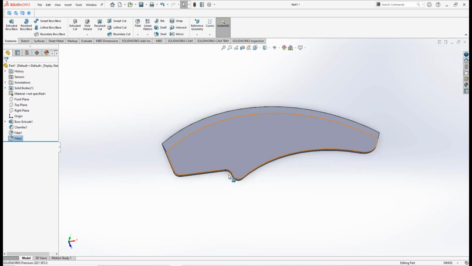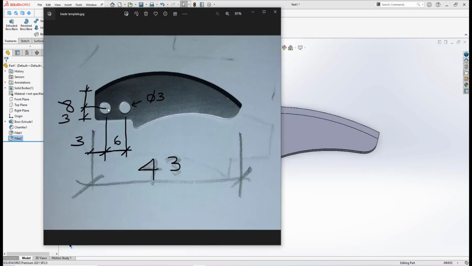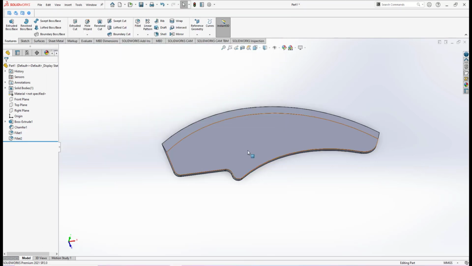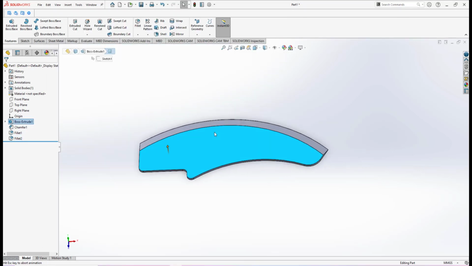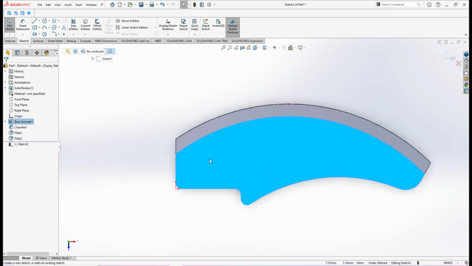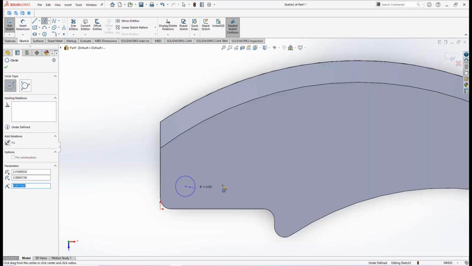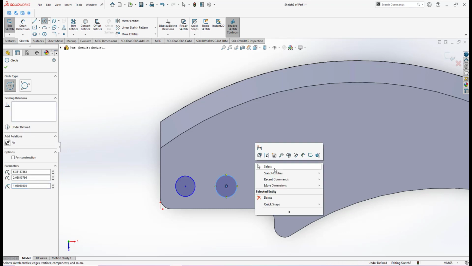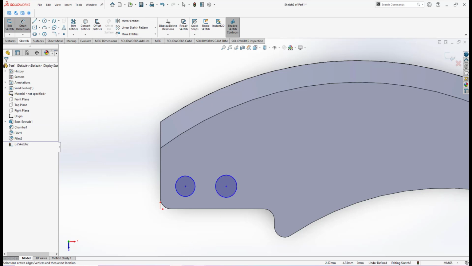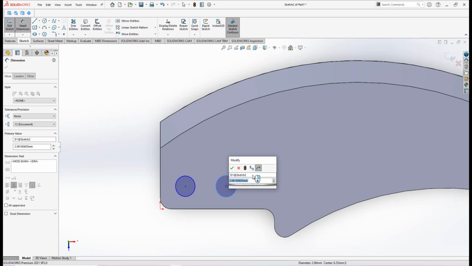Okay, the last thing I think is we have a hole. I already took a measurement: diameter 3, and the distance here is 3 and 6, and also the y distance is 3. So at this flat surface here, I will create a sketch, and I just do 2 holes, and I give a dimension of diameter 3,